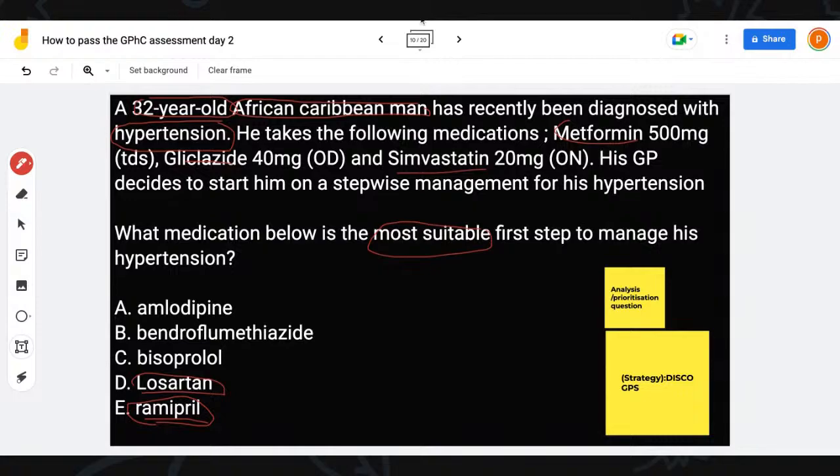Is that clear? Give me one if that's clear. So we have to apply this strategy. We're going to go to the next question, and you guys will see how to apply this even better. Great. So you see, the A could be correct in an exam, and people might struggle. They might go for A, and then it's like, oh my gosh, it's D. All right, it's an ARB because of our guidelines.